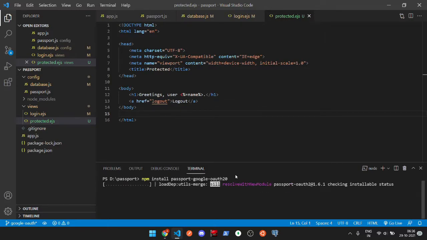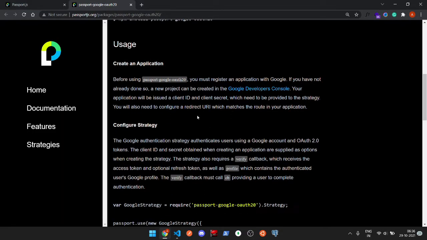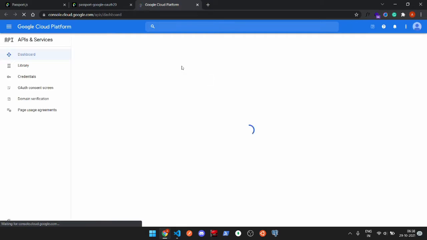While this is being installed, I'll just come back to the documentation. Now, in order to use this, we need a few credentials first. It has this link for Google Developers Console. If you just go to this link, you'll be redirected to the Google Cloud Platform.